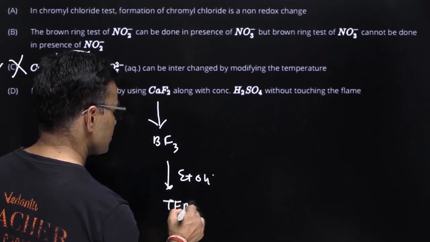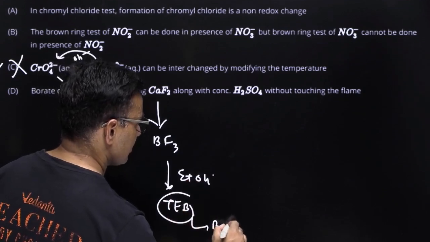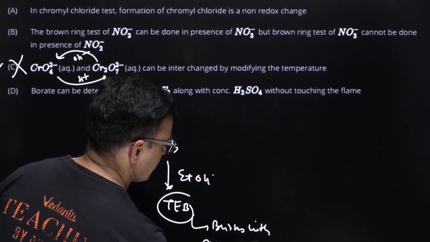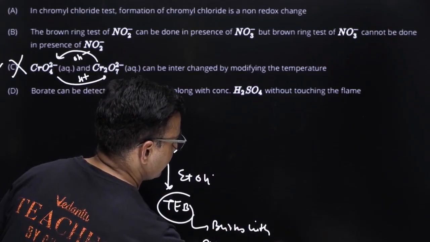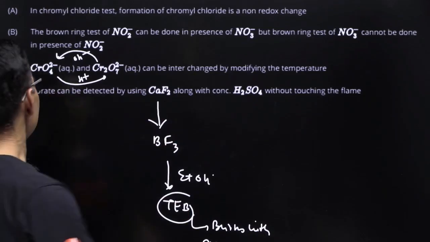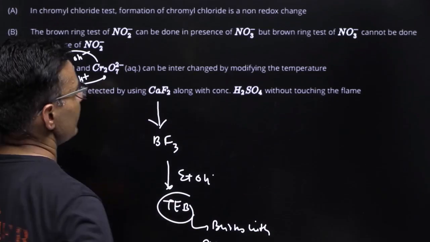तो ट्राई इथाइल बोरेट जो बनता है, दिस बर्न्स विद ग्रीन एज्ड फ्लेम। तो फ्लेम के एज के कलर से आप आइडेंटिफाई कर सकते हो, टच करने की जरूरत नहीं है, तो ये भी एक करेक्ट स्टेटमेंट है, तो आपका आंसर हो गया सी। ऑलराइट,